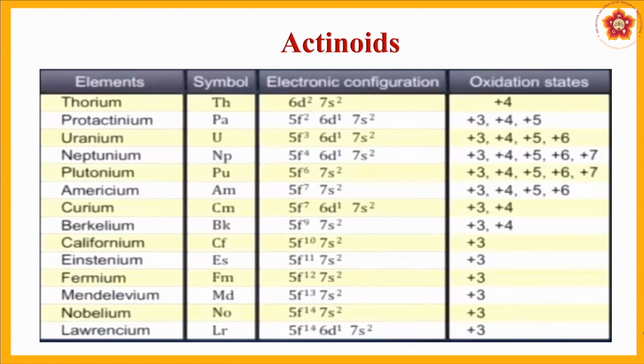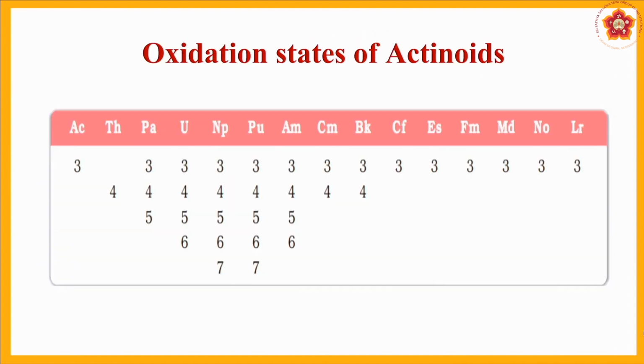What is the reason to have +3 oxidation states towards the fag end of the actinoids? Now that is because as we go on increasing the number of f electrons, it will be difficult for you to remove 10, 11, 12, 13, 14 electrons from the f orbital. So what it does best is it just clears away its 7s orbital and 6d orbital electrons. So that is why generally at the fag end you are able to see +3, but the starting members of the actinoids have variable oxidation states.